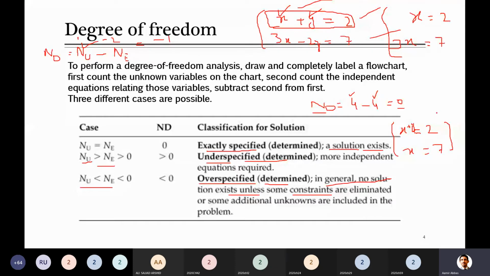सर ये डिग्री ऑफ फ्रीडम एनालिसिस हम सवाल में यूज क्यों करते हैं, इसका मकसद क्या है? सर इसका मकसद ये है, we are using degree of freedom analysis. Actually, you have to determine how many variables there are and how many equations there are, and you have to find that the number of variables and the number of equations should be equal in order to reach some unique and correct solution. Unique means that the answer should be one and that should be correct.